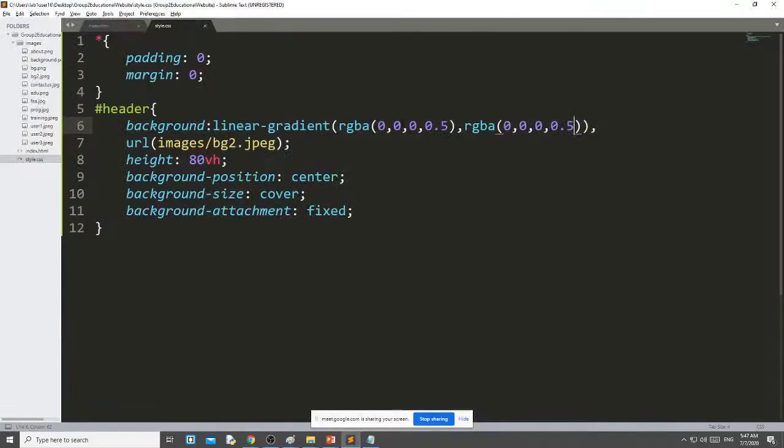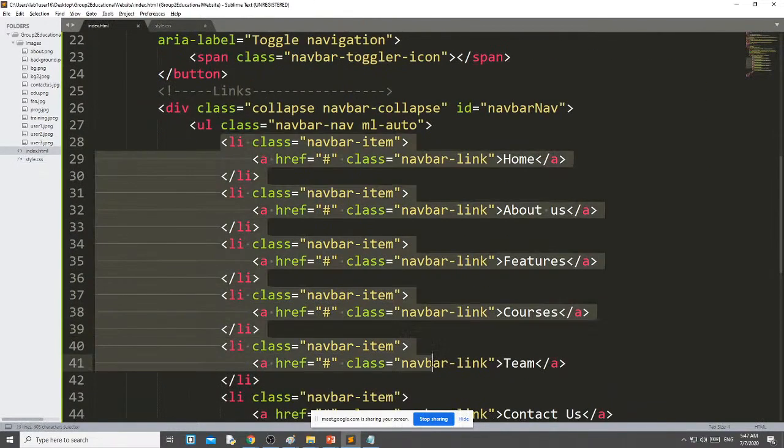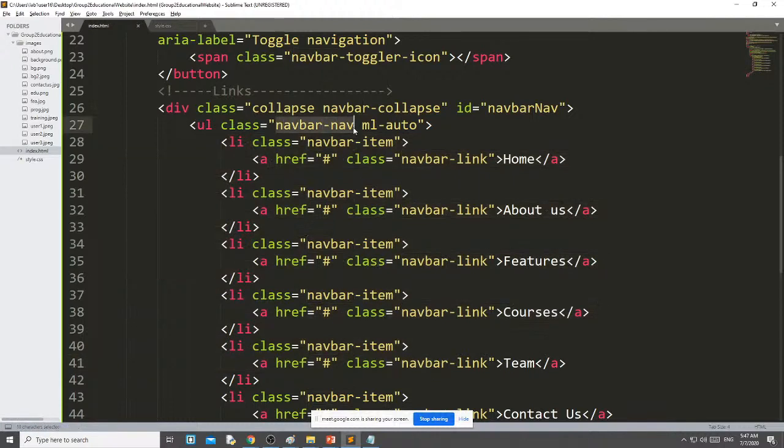Okay, now after this, dot navbar hyphen nav, because this is the class. See, we are going to first style these list items. That's why the class name is navbar-nav. Okay, then inside that I want to style this A element.